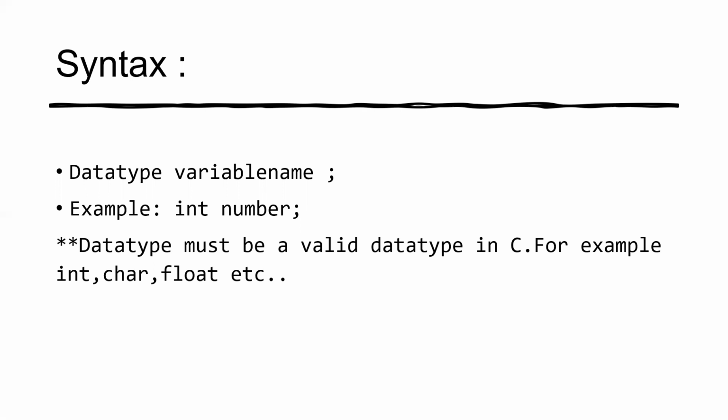The data type must be a valid data type in C. Okay, and then after data type, variable name and semicolon. We have some rules to write a variable name, which we will watch in this video also. Here is an example for declaration of the variable: int number;